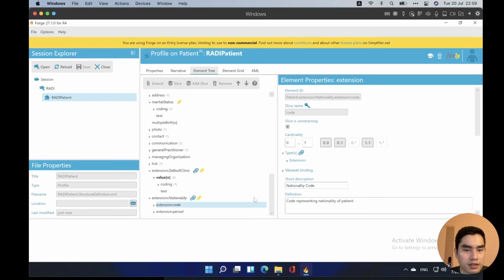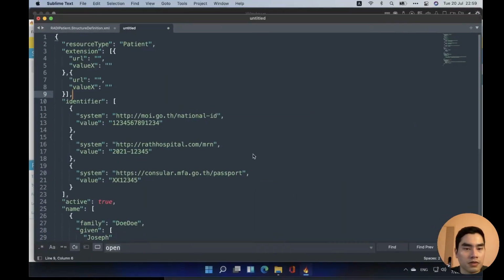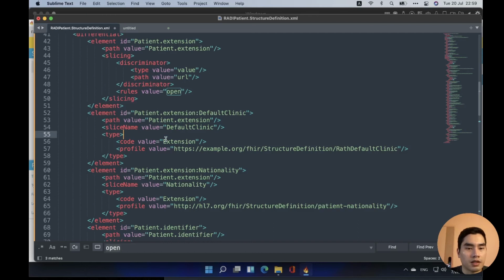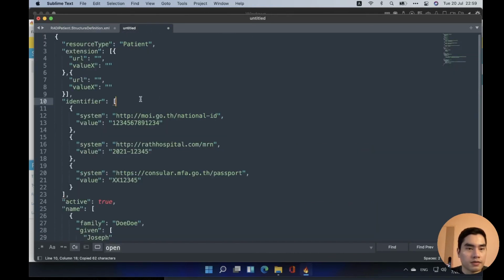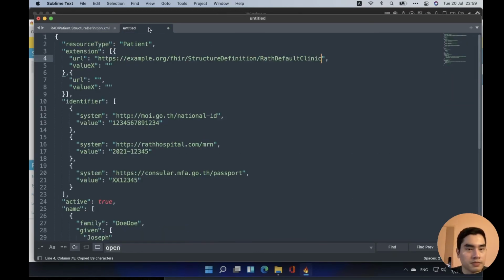Default clinic is okay, codable concept with that thing. And the URL is here. Yeah, I forgot to change the name of the URL last time.